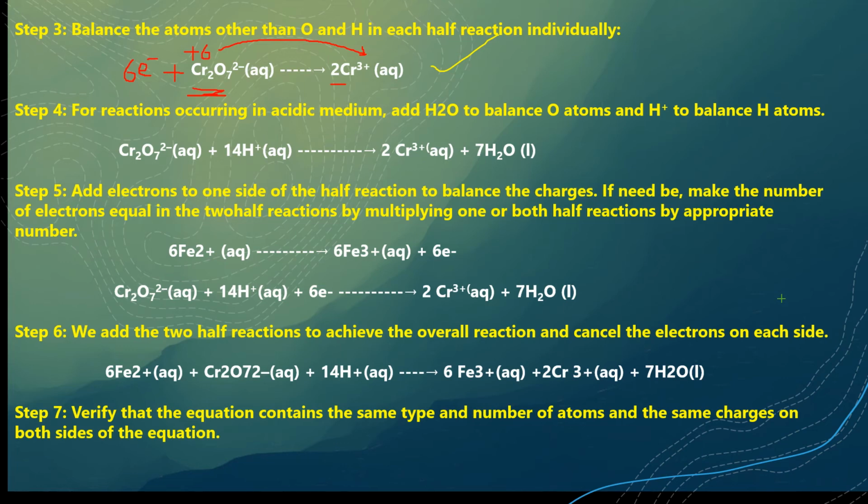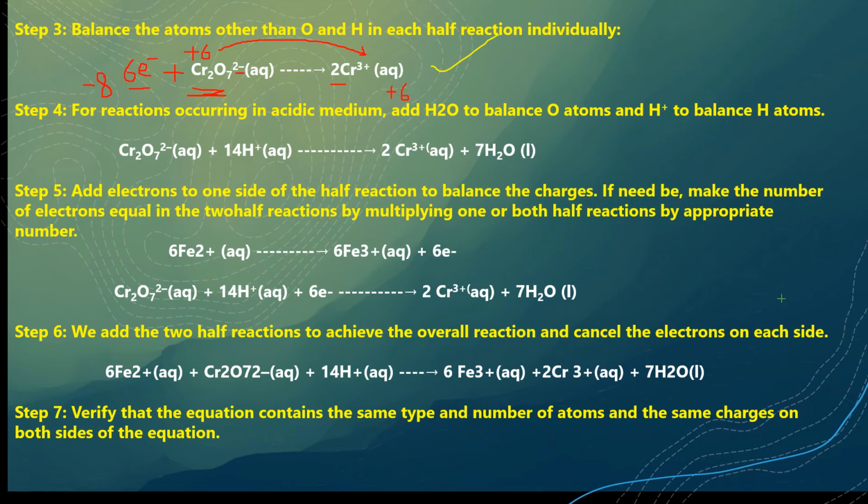Now I can see that on the left hand side we have oxygens, on the right hand side we don't have any oxygens. And otherwise also, if you see the charges on the left hand side, there are 2 negative charges here and 6 negative. We have introduced 8 negative, and on the right hand side 2 into 3, 6 positive. So it is totally imbalanced. So I need to balance it first. Now let us see how to do that? If I say I have plus 6 charges on this side and I have 6 negative and 2 negative, 8 negative this side,